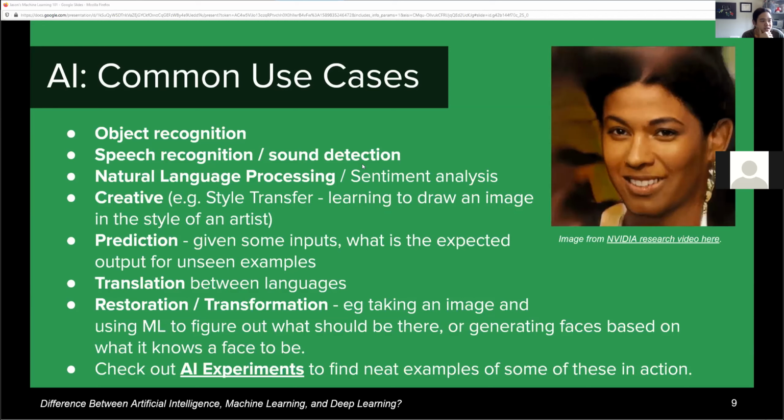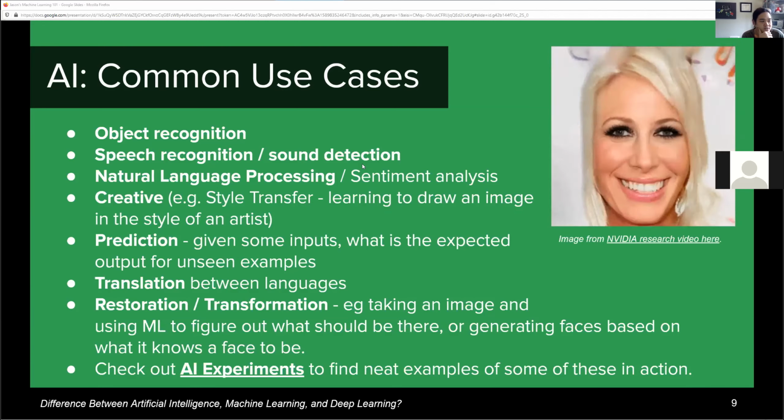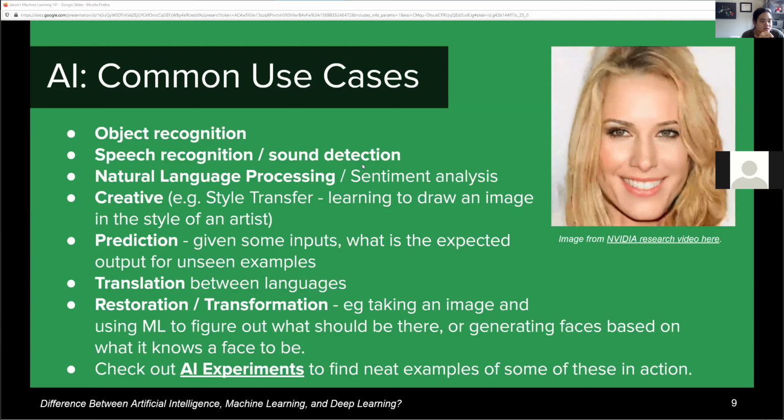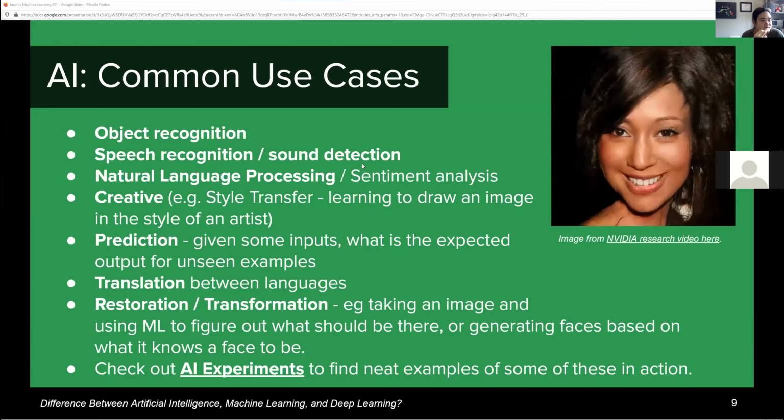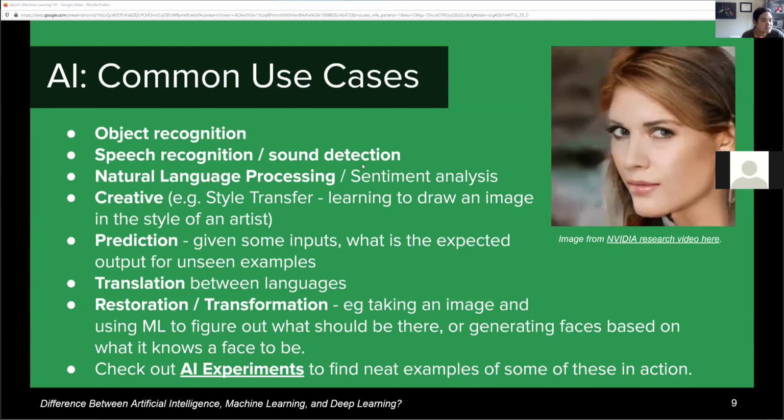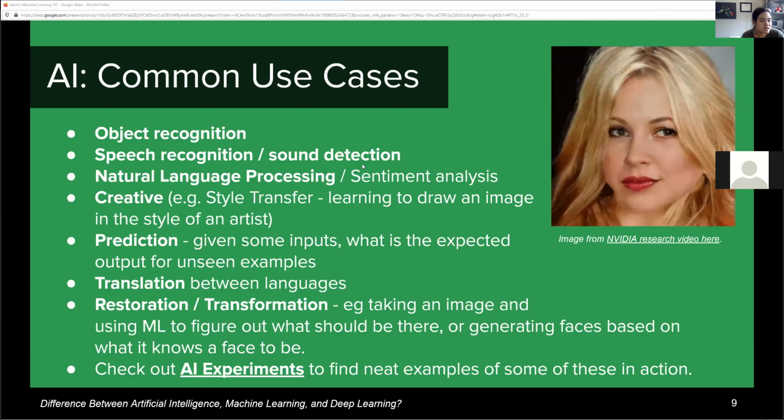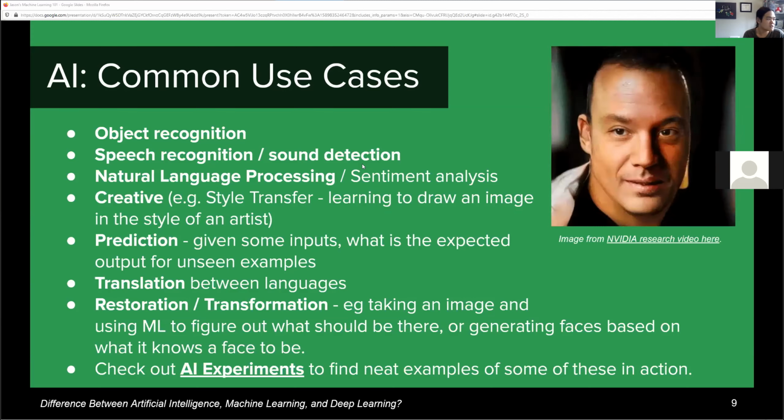Like in Asian languages, they're very tonal, right? So you say one thing off and it becomes a completely different word, right? So you can use context in a Markov model or something to figure out what this person